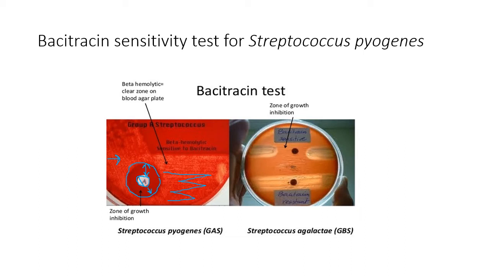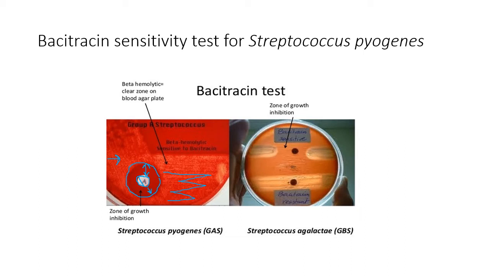One can plate it on the primary isolation plate, and if it is group A strep and almost predominantly pure, then you can see it like this, and you can report it as Strep pyogenes, rather than saying it's beta hemolytic strep and I will confirm whether it is Strep pyogenes or something else.